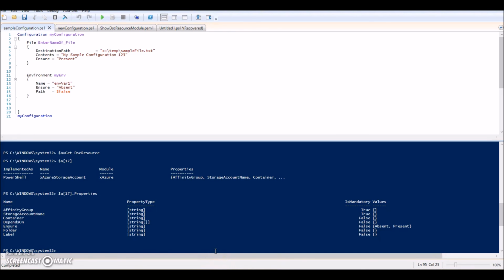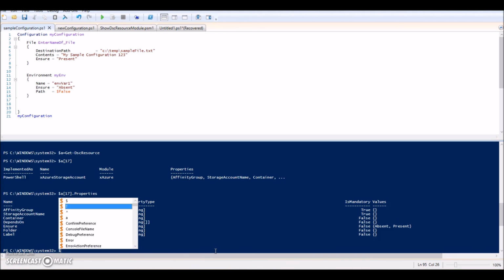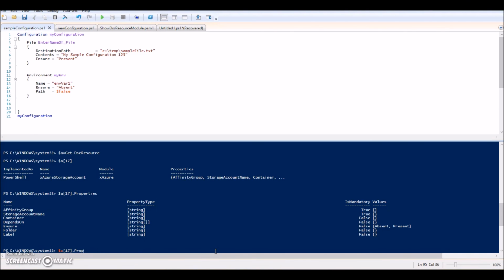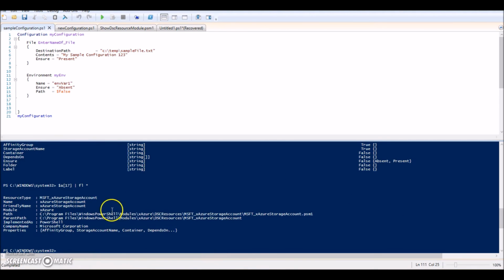I have to keep exploring all the possible properties for this. Now I see the parent path is here, and I see it's a PowerShell resource. All these details are very hard to get, because, I mean, it's not actually very hard, but then consider